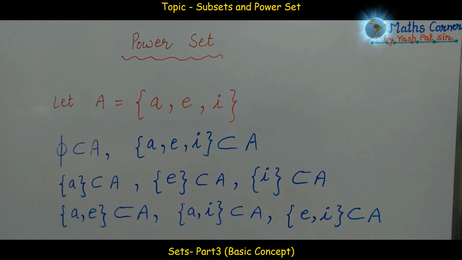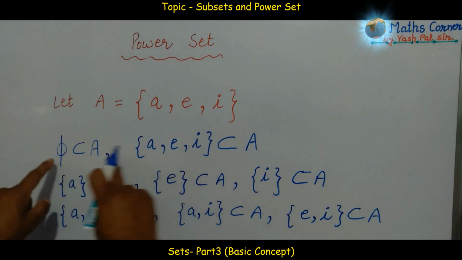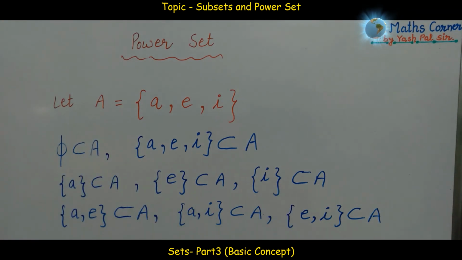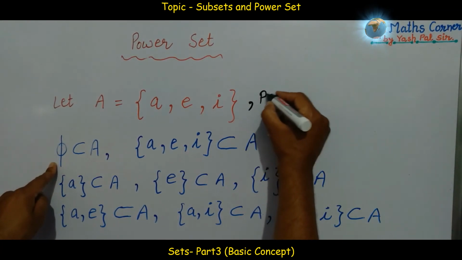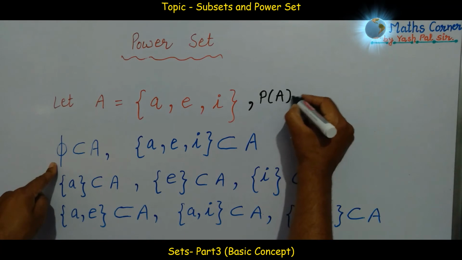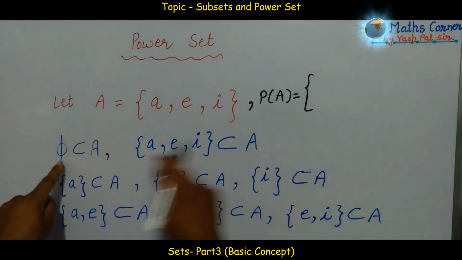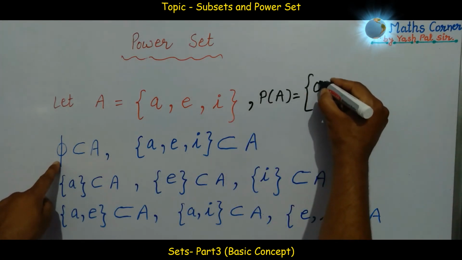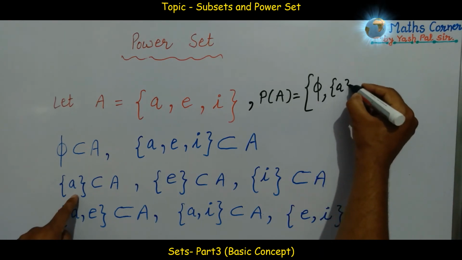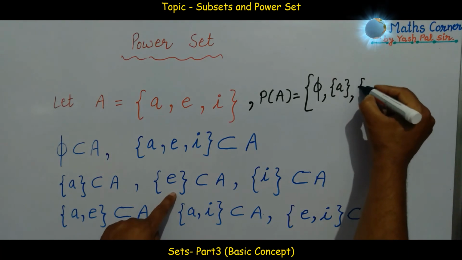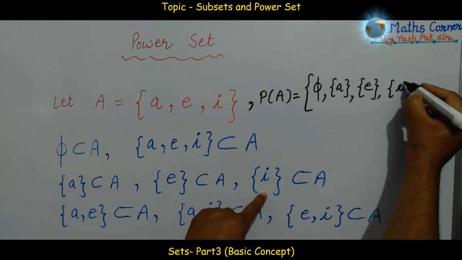So this collection of all these subsets is called the power set. What we do now for the power set of A is we just write all the subsets inside the curly bracket. The first subset is phi, the second subset is A, a single element, next is E, next is I, next is